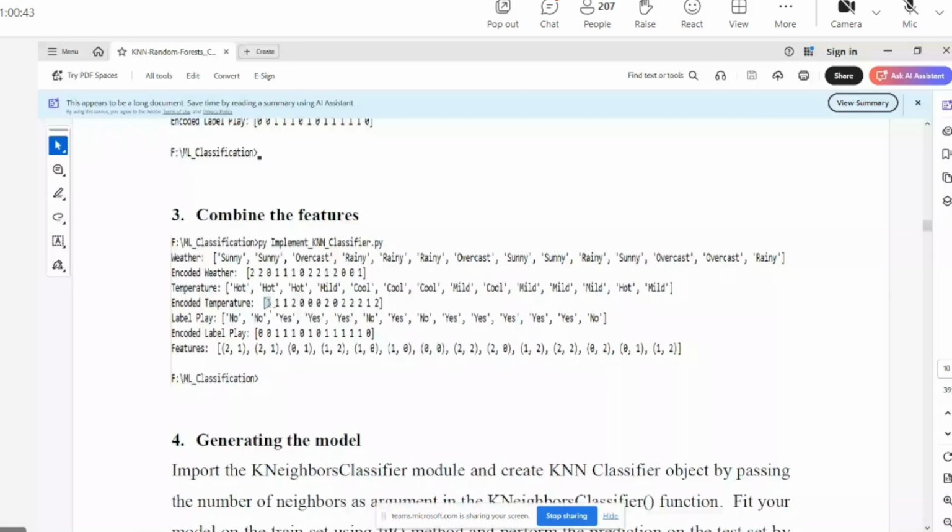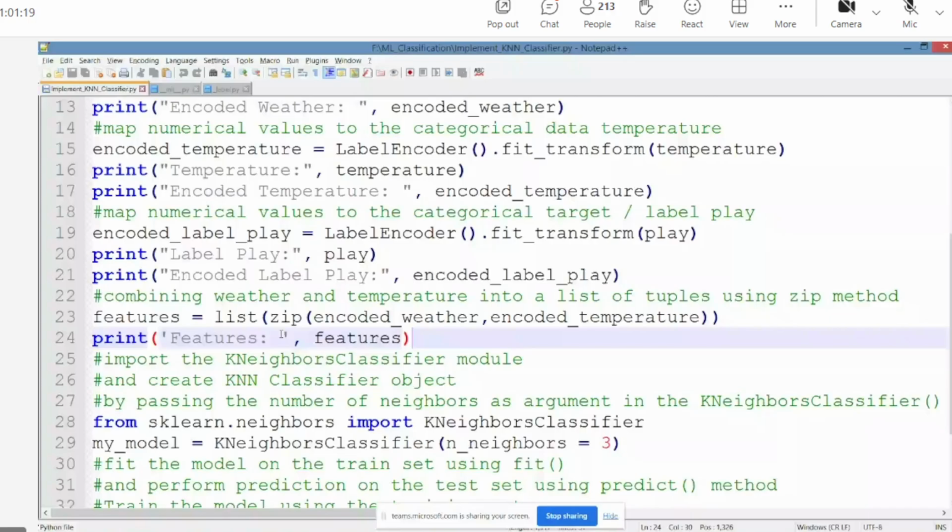Now you see 2 and 1 is one combination. Based on the combination 2 and 1, basically sunny and hot, play is 0. Do not play. Now you see the next combination. Third combination 0 and 1. What is 0? Overcast. It is overcast and it is hot. Yes, you can play. So basically what we got is the input features and the outcome variable.